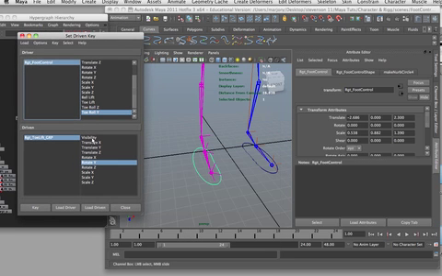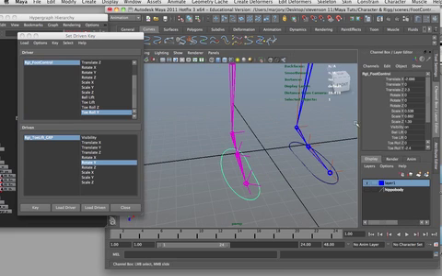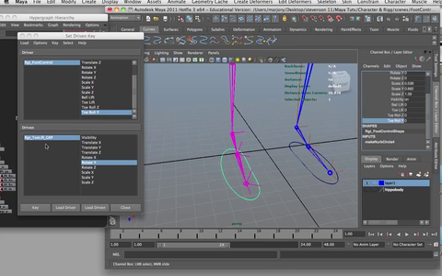Then I'm going to go back into the foot control and the channel box. So I'll press Control A here so that we can get the channel box up. We're going into toe roll Y. I'm going to zero it out, and it's fine. So it should be the toe lift, toe roll Y, and it should be rotate Y, and it should be in the foot control. We've got everything zeroed out. I've keyed. I'm just going to rekey it, and then I'm going to go into the foot